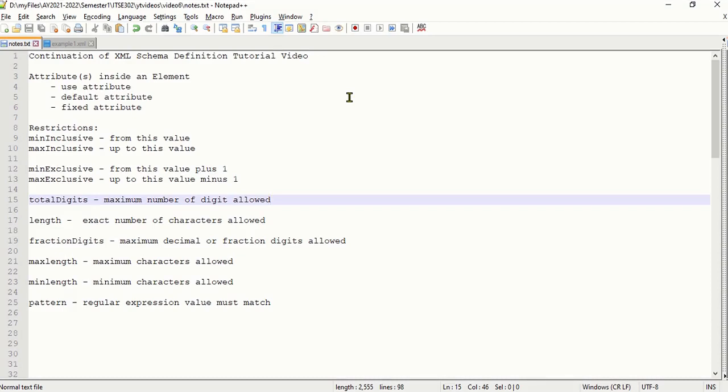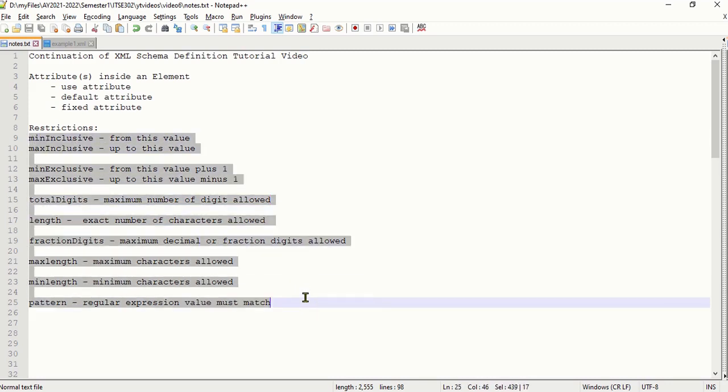Hello everyone. This tutorial video is a continuation of XML Schema Definition. In this tutorial video, I will be discussing attributes inside an element, or simply how to define the attribute in an XML schema file, and also how to define restrictions, specifically the following restrictions inside an XML Schema